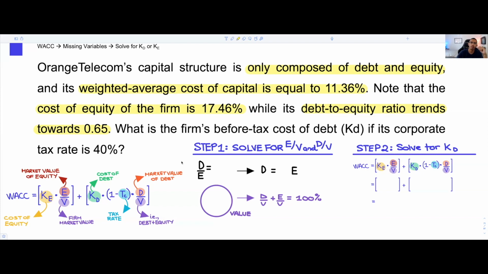So let's look at our mission. The mission of this question is to find the firm's before tax cost of debt if the tax rate of the firm is equal to 40%. So now you have a bunch of information. Now we're going to double down, we're going to walk through the prompt, and we're going to try to put some context or identify what are the things that we've highlighted and why do they matter for us in such a question. So we're going to zoom in a little bit,